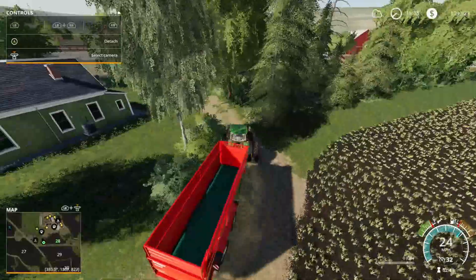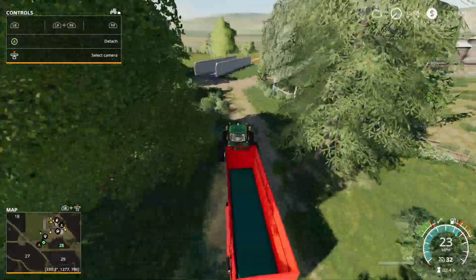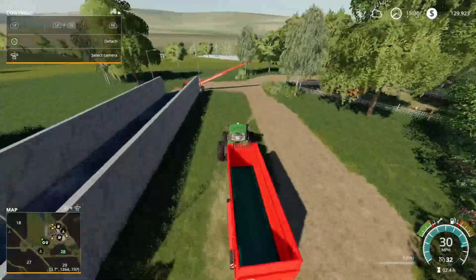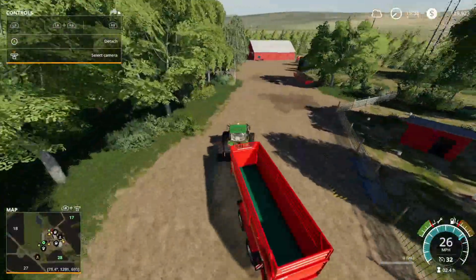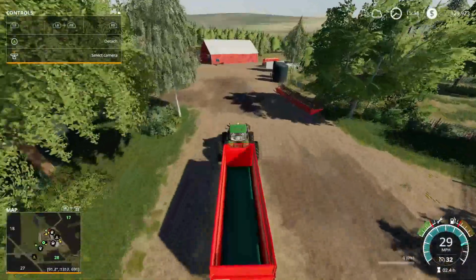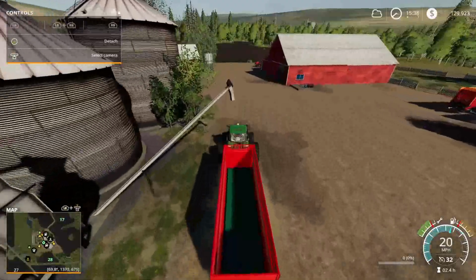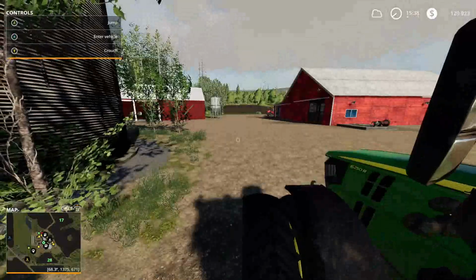There's our barley right there. I don't really have a plan for the barley. I think we're just going to put it in the silo. No one has really asked for barley, but I'm guessing that will change. This conveyor belt's still here. That's okay. We can keep those. We're going to need them for the silage anyway. So, all right, let's detach the trailer, and then we'll get these mowers ready, and then we'll start the...